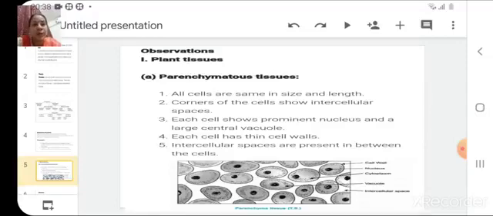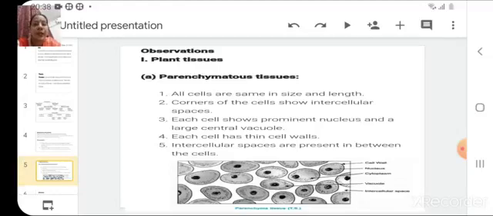So in observation you will write the first point, that is plant tissues, and in that the subheading will be parenchymatous tissues. Under this tissue we will write the characteristic features which we observe in the slide in the form of points. Here, children, you won't be able to see the slide, so you will observe the diagram only. On the basis of the diagram you will have to try to identify which tissue slide it is. So please focus on the diagram of parenchymatous tissues here.